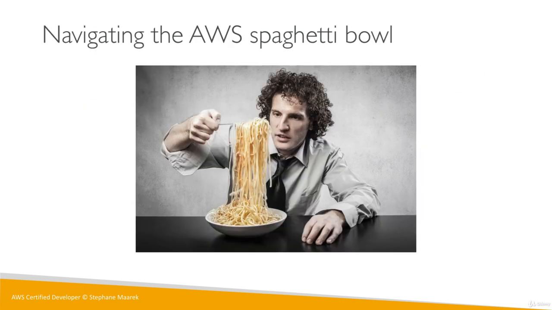Now, the way I tell about AWS to newcomers and even veterans is that I think it's a massive spaghetti bowl. And so this is me. When I learn AWS, I look at the spaghetti bowl and I just take a few pasta and I see more pasta underneath and they're all entangled. And so to be honest, when you learn AWS, as soon as you go into one service, it's going to be linked to the other services. And so they're all interconnected and there's no really one order of ways to learn AWS. It is the way that you feel is better for you. But I think I found a methodology to break down AWS into logical components.